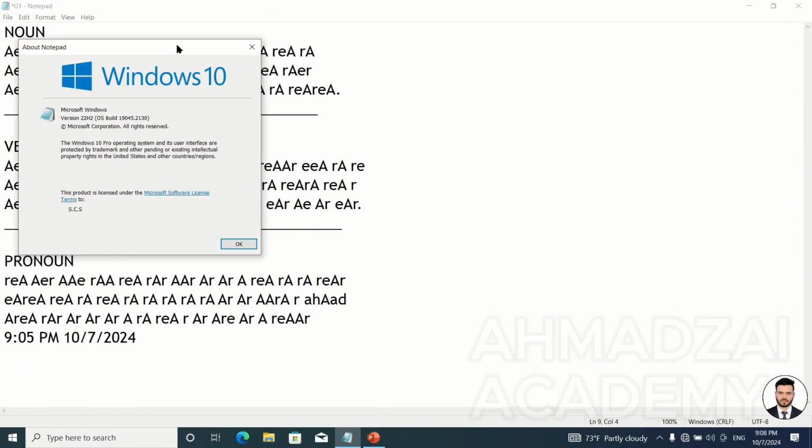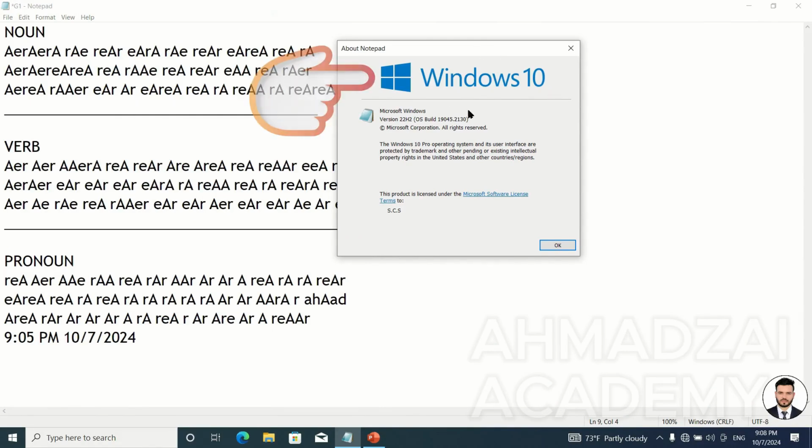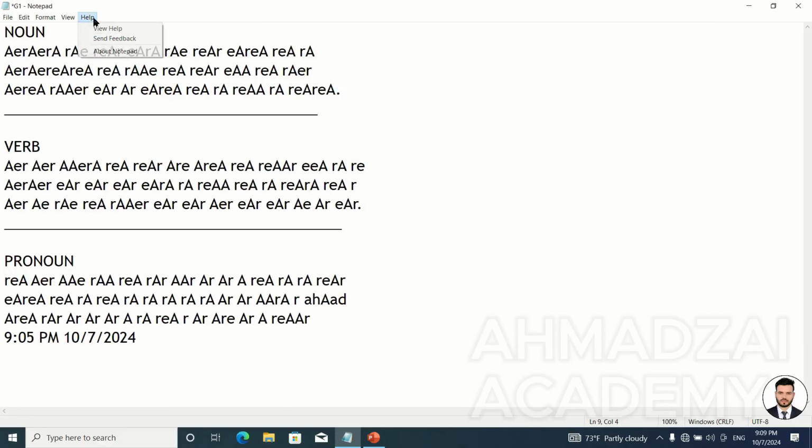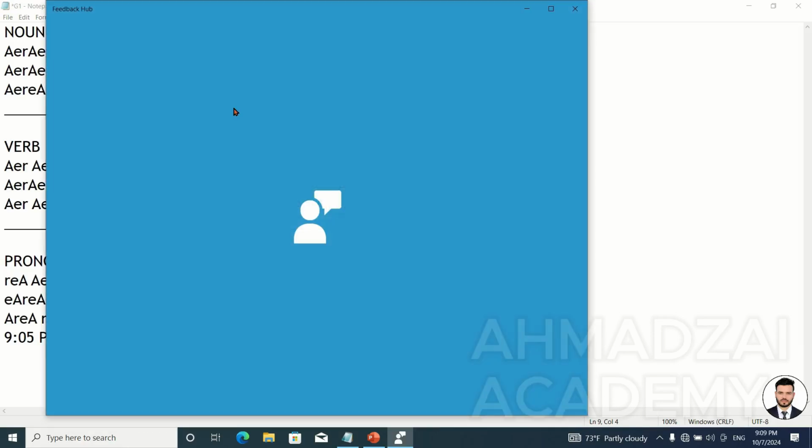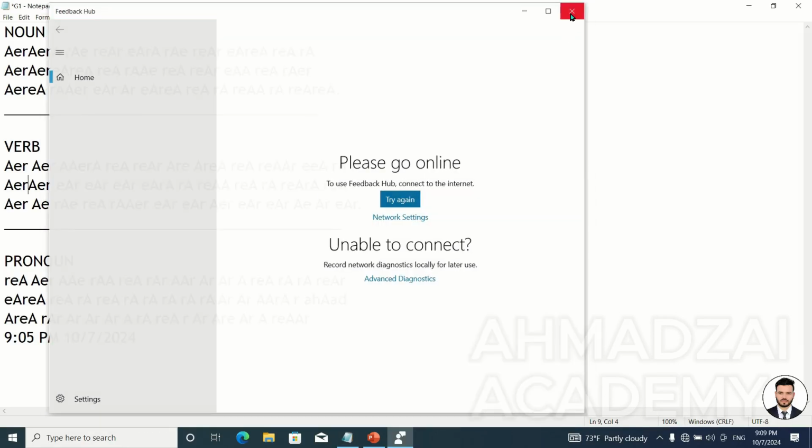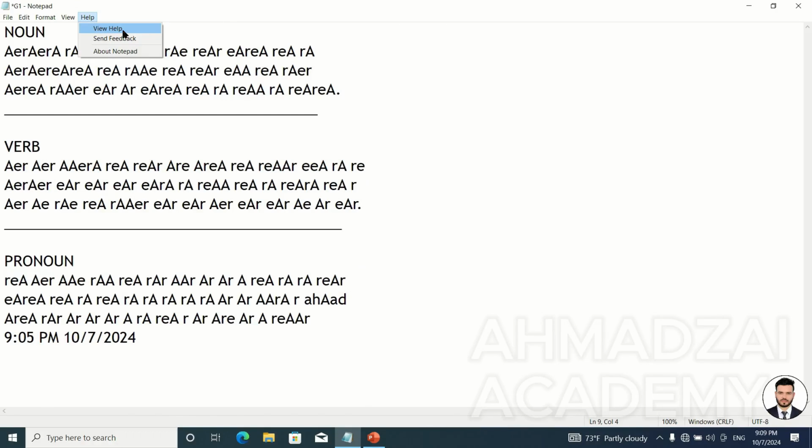Now here we have something else. In the About section, this time Notepad itself gives you information. We have Windows 10, it's Microsoft. For example, here in installation, it shows our user. Again, about copyright, there's some information here. And we also see that there's a feedback section. You can give feedback to Microsoft. And the About or Help section is built into Notepad itself.